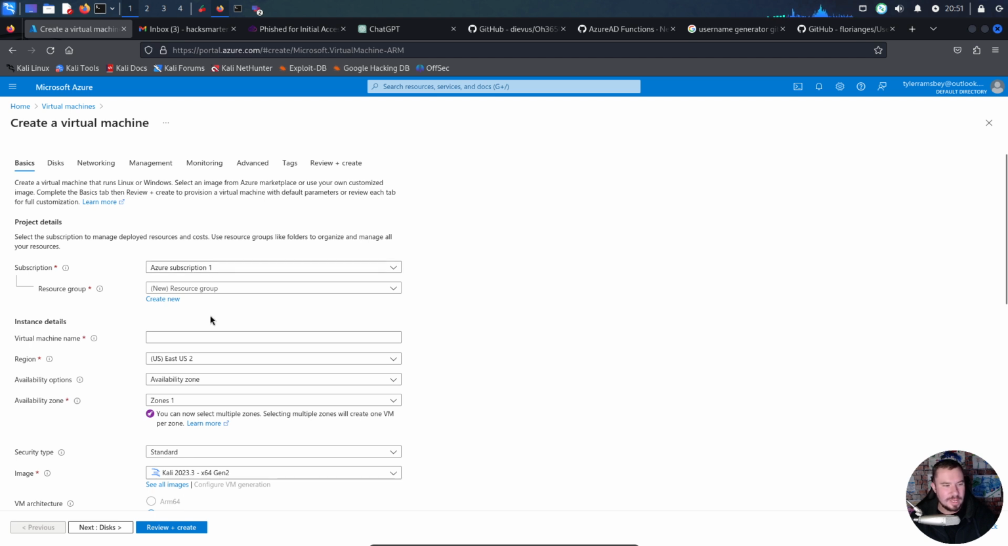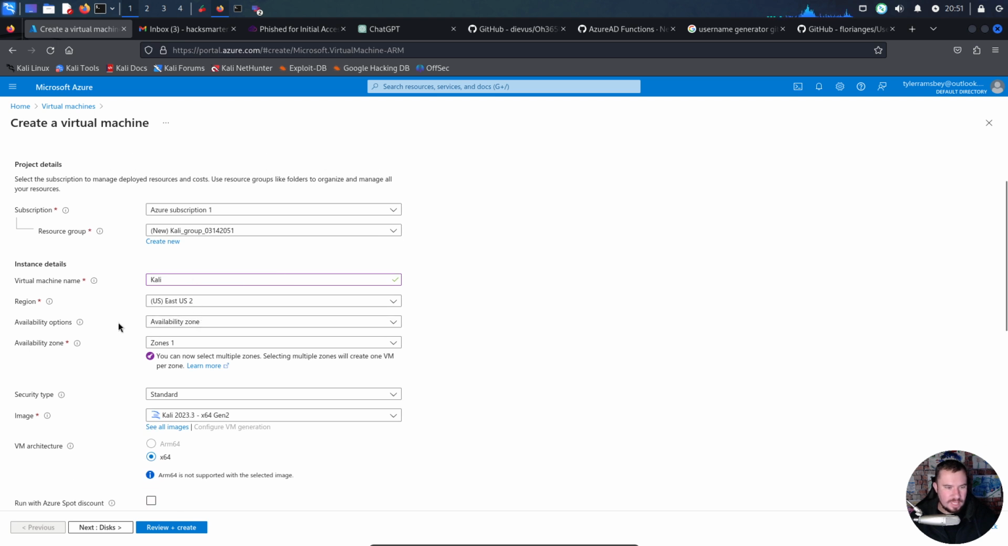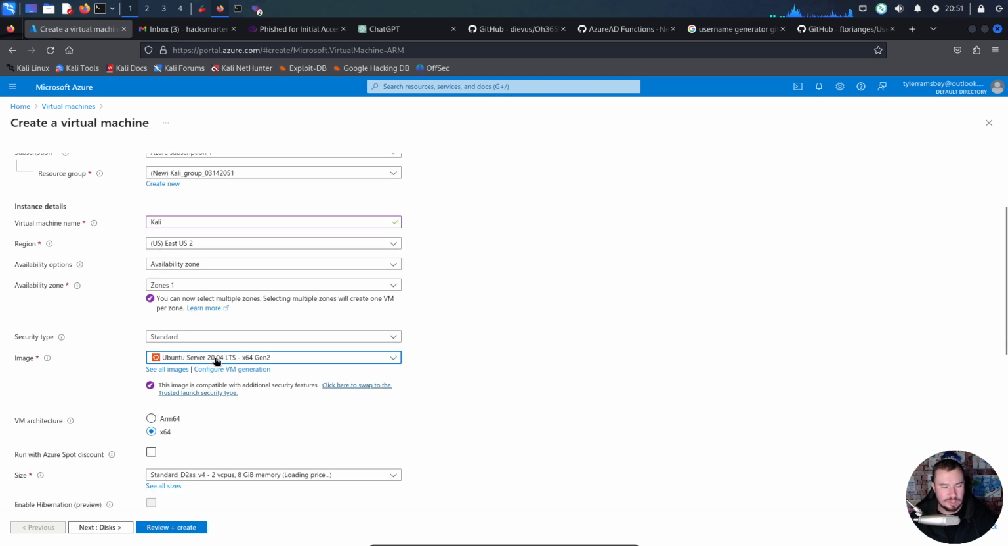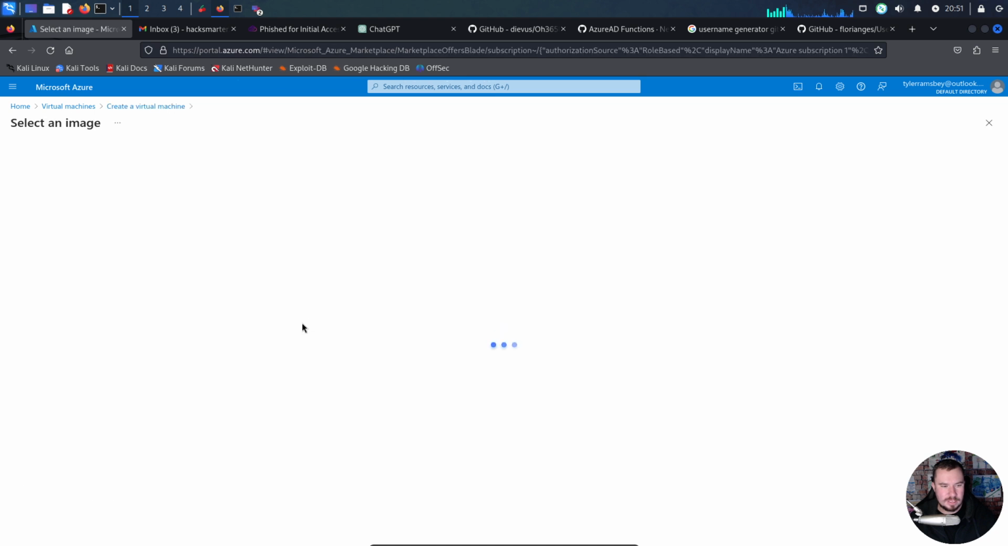Our Azure subscription we can keep the same. We can call our virtual machine Kali. And a region is fine. All that is fine. Security type standard is fine. Now, when you do this initially, I think it's going to default to Ubuntu server. But if you want to do Kali, if you go ahead and click see all images here,